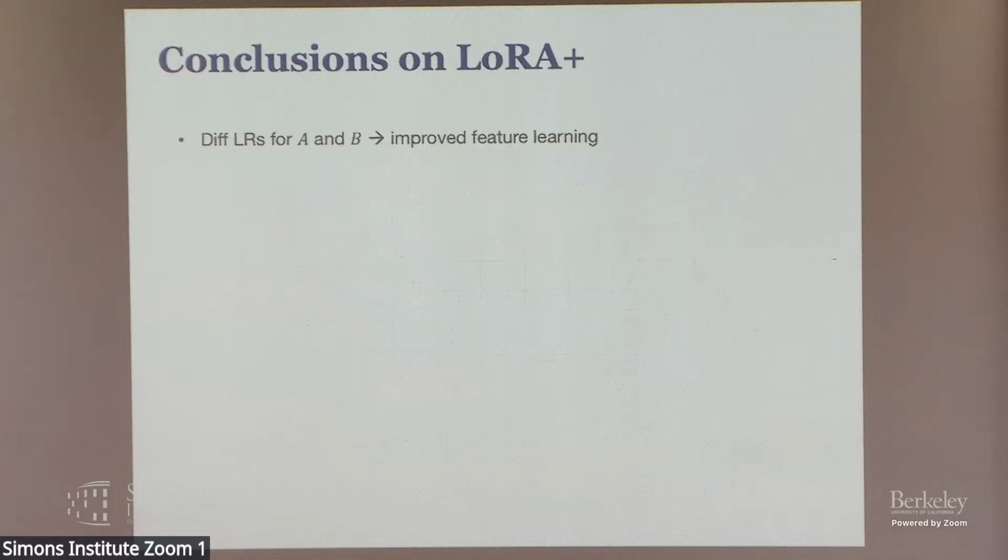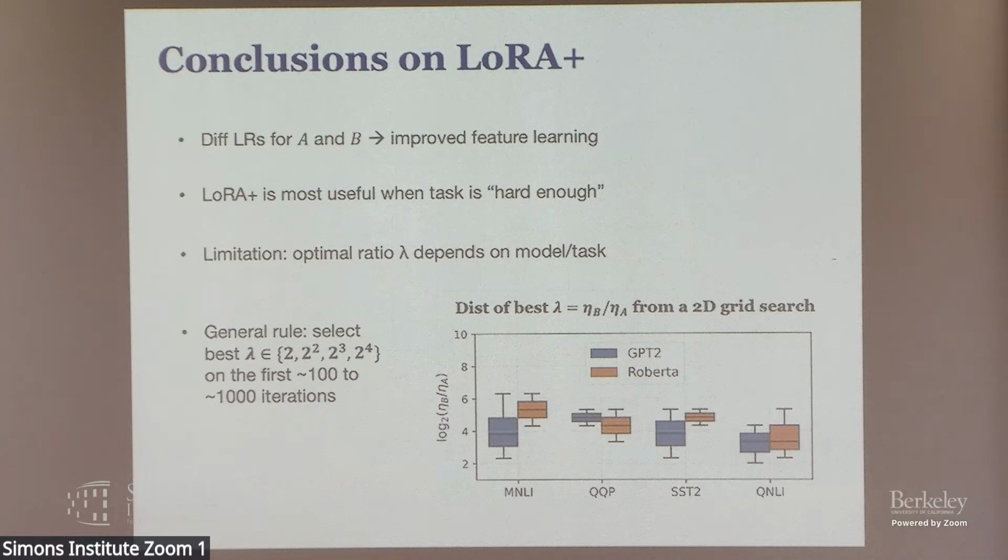Yeah, so just to conclude with this, basically, we found that the best way to select lambda, or the cheapest way to select lambda, this optimal ratio, is just by doing a grid search. And that's the best way to do it in practice. So do you really need to try all 4 of them? Or is there one that always works?